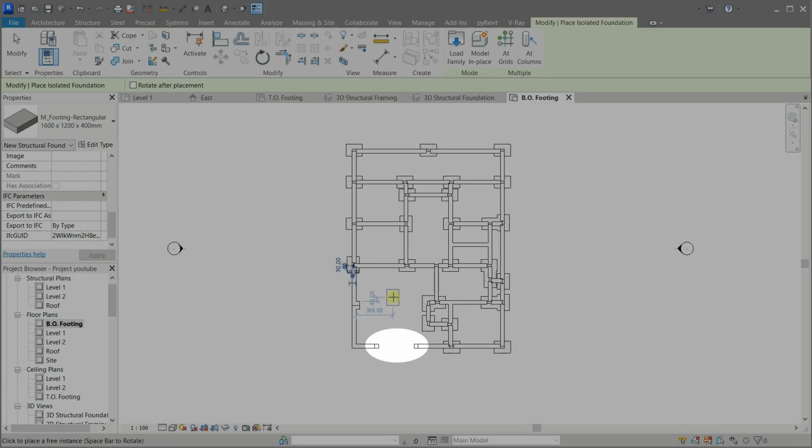Now for these couple columns of the gate, we'll need a square footing. Let's create it.